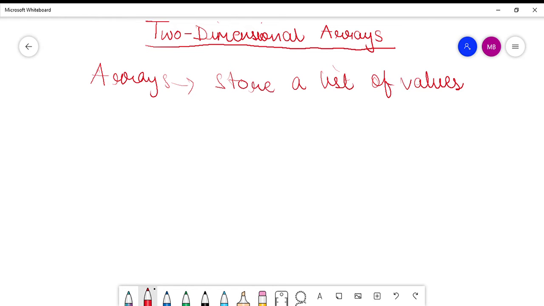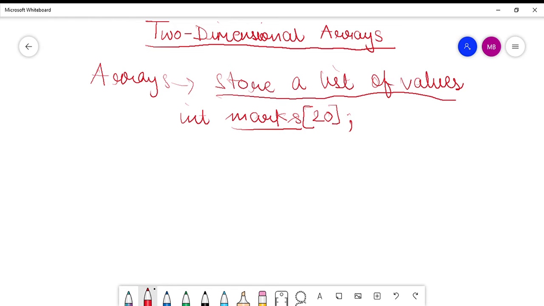So if I want to store the marks of 20 students, I will use an array named marks, and it has a size of 20, so I will declare the size. So I will say int marks[20]. Now this array can store the marks of all the 20 students together at the same time. So whenever we want to store a list of values, we use arrays.